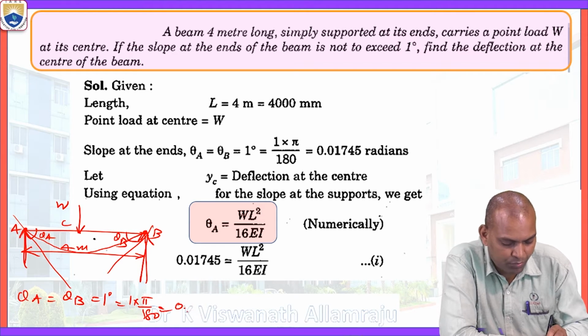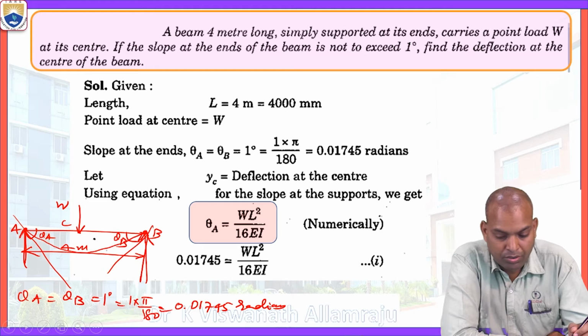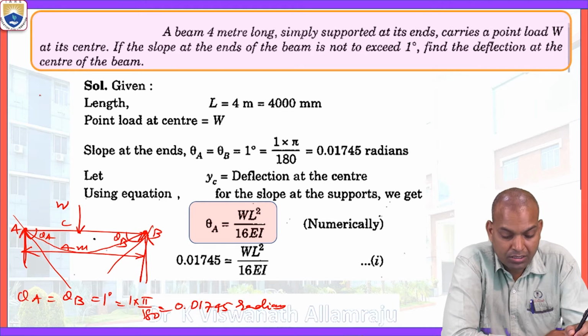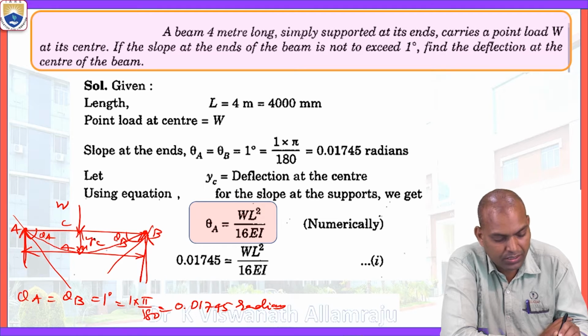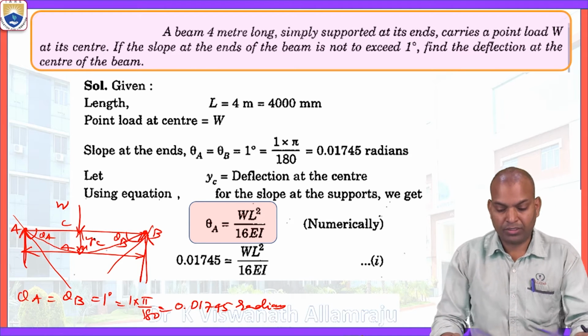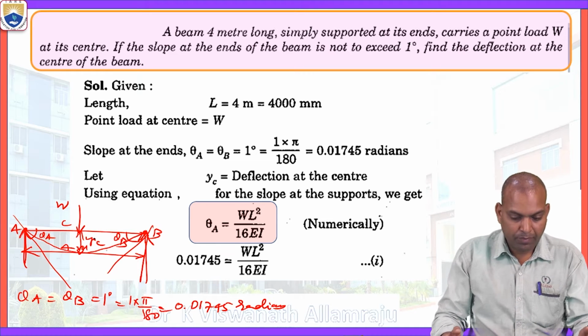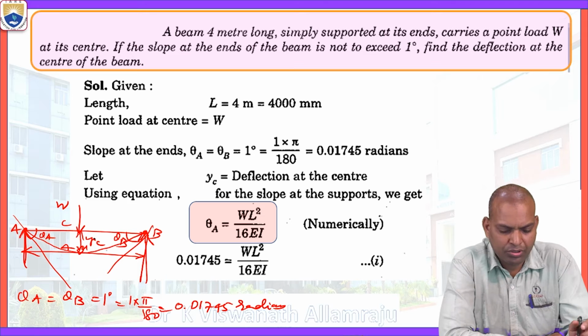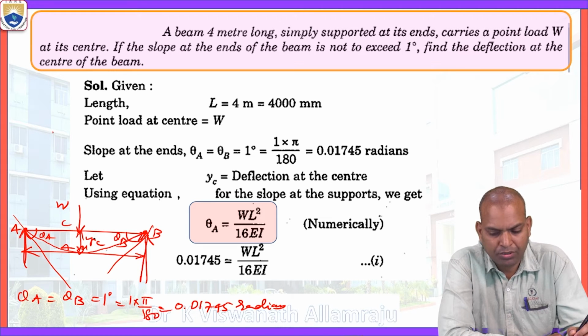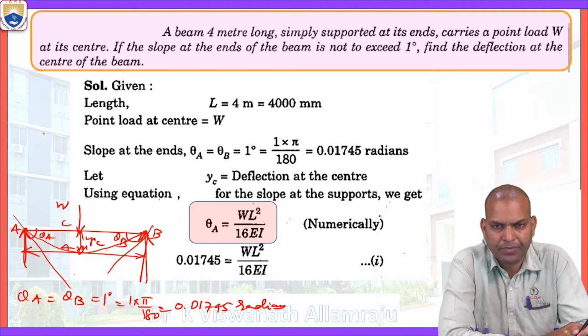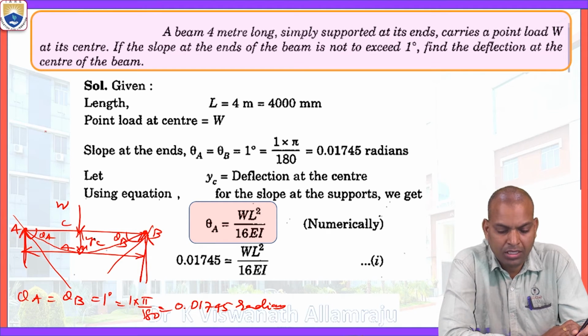It is in terms of radians, 0.01745 radians. Now find the deflection at the center of the beam. So we need to find the deflection at the center of the beam, YC, at point C, the maximum deflection. We have to find the deflection at the center, that is the maximum deflection, and the slope at the supports, theta A and theta B,